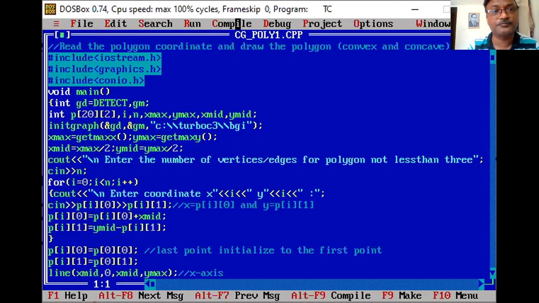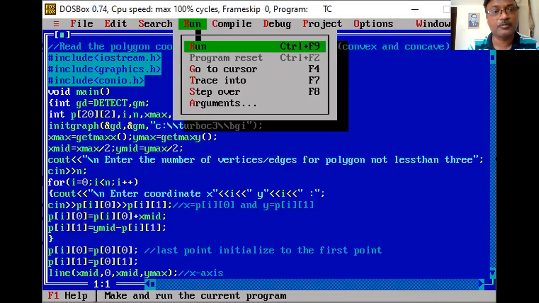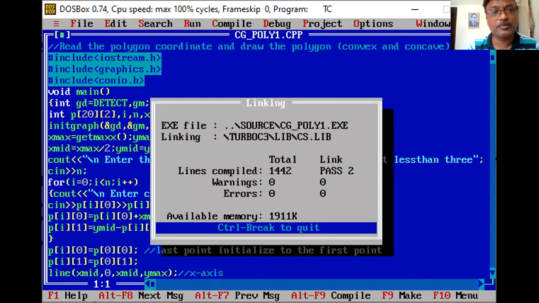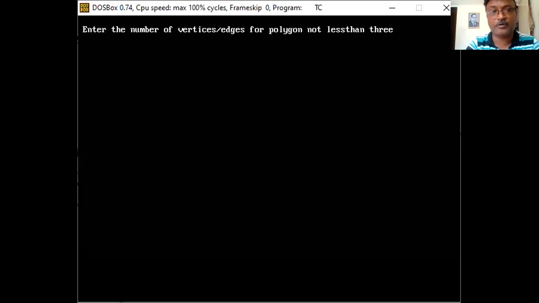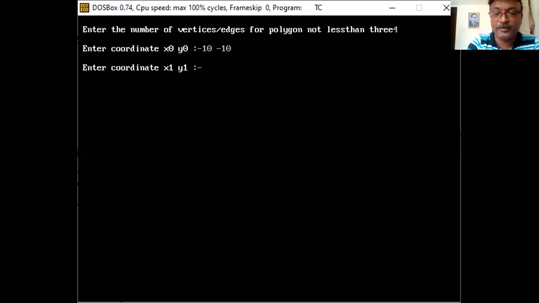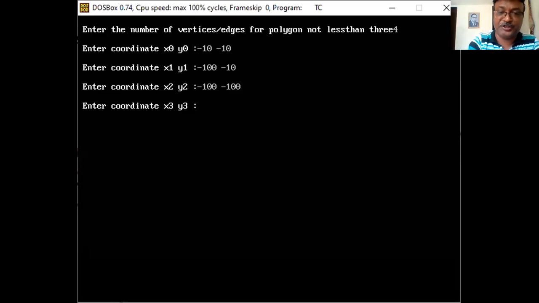Suppose 4 vertices, and this time I am going to make them appear in the third quadrant. Okay, minus 10, minus 10, minus 100, minus 10, minus 100, minus 100, and minus 10, minus 100.